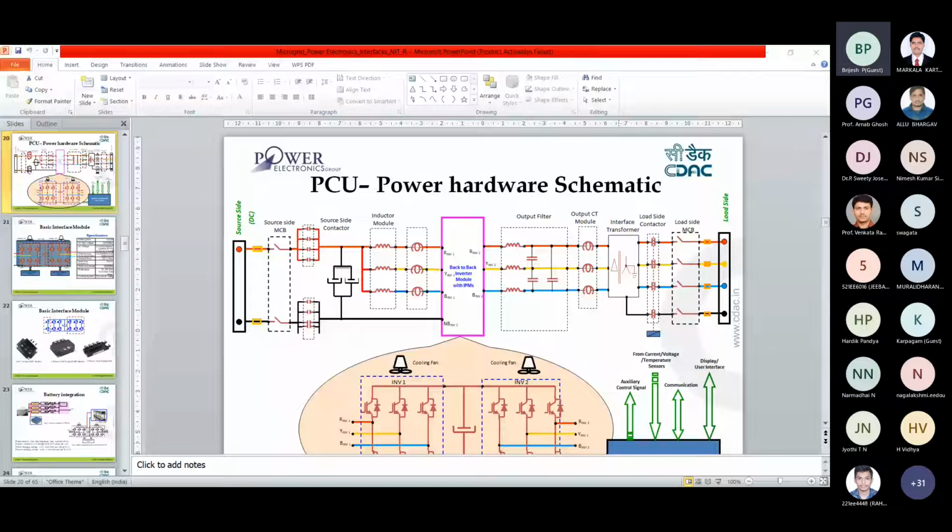So what we did is the battery is interfaced with the DC bus side. In this case, you have the flexibility of not using a dump load. Every time you will be having a load at your DC bus for this boost converter. And this is the basic architecture for the interconnection of battery that we used. In this case, we can avoid a separate converter, but it has its own merits and demerits.